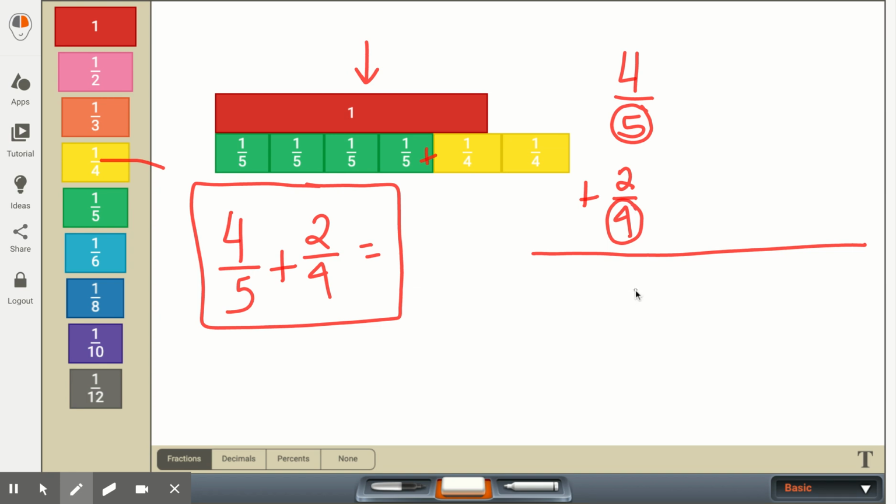So we're going to do what's called finding the common denominator. And this is a strategy that I teach in class. It's pretty easy. It just involves skip counting. It can be done with multiplication as well, but I find this overall probably the simplest to follow for most students. So I start with the lower of the denominators, which is the 4, and I skip count by 4s,